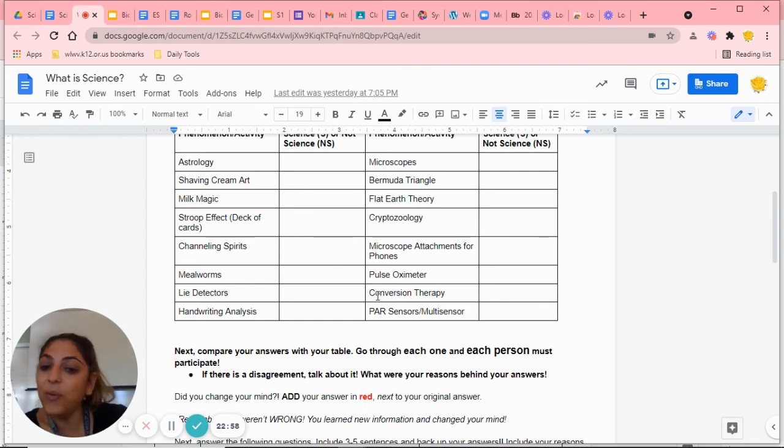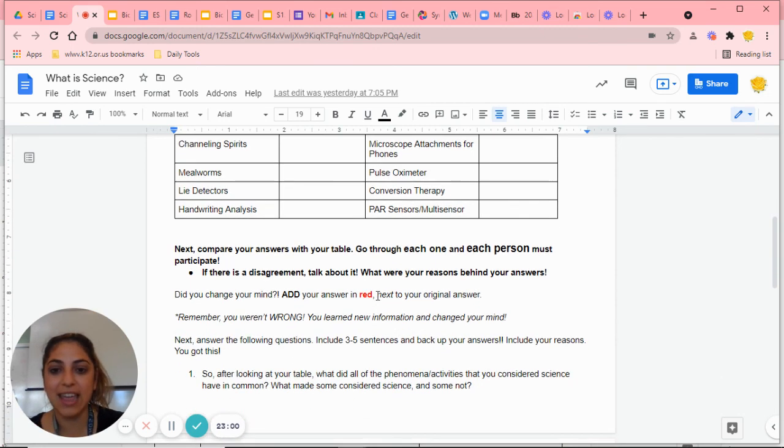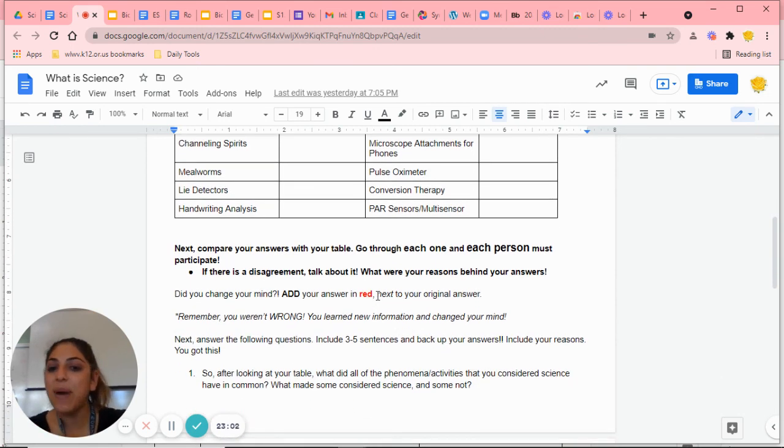So now that you've had a chance to go ahead and think about it, maybe you changed your minds, right? Maybe you have a lot of black and red. Maybe you stuck to your guns and it's all black. Maybe it's like a sprinkle of red that some of them you changed your mind and that your partners had a really good point.